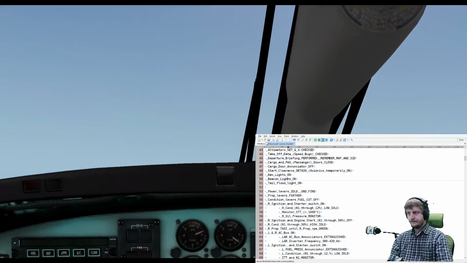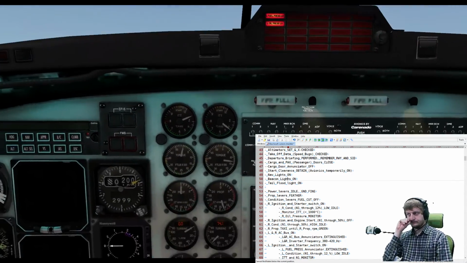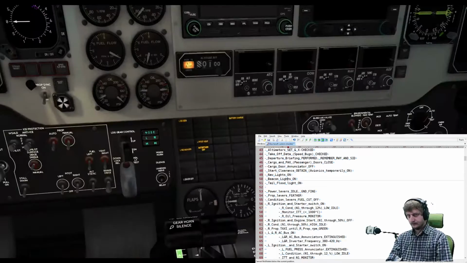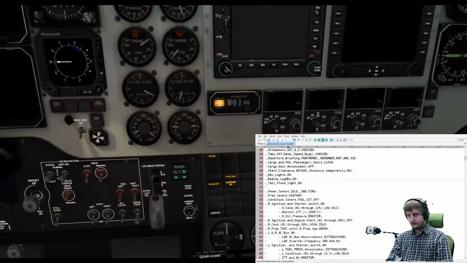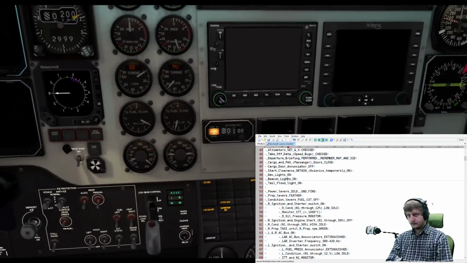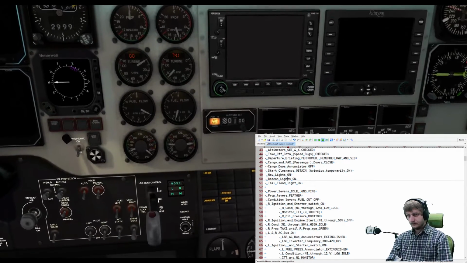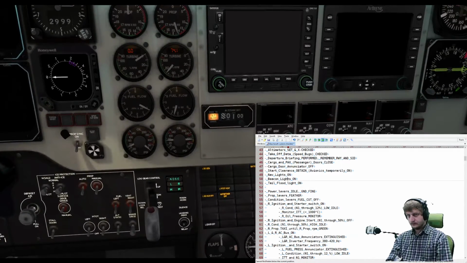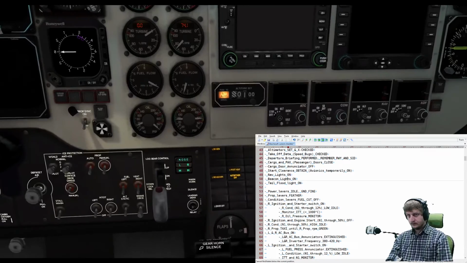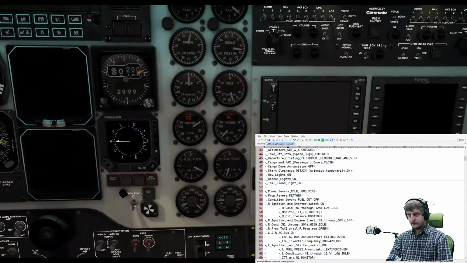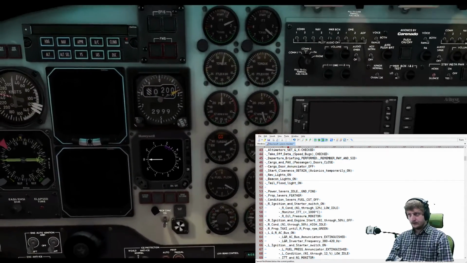And left no auxiliary transfer. Okay, left ignition,